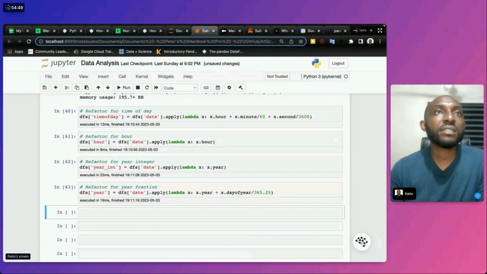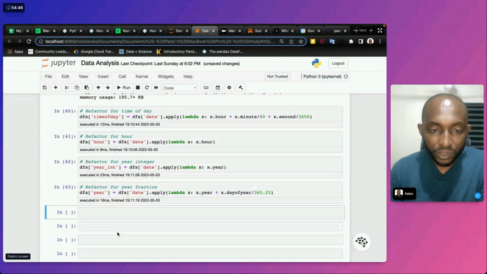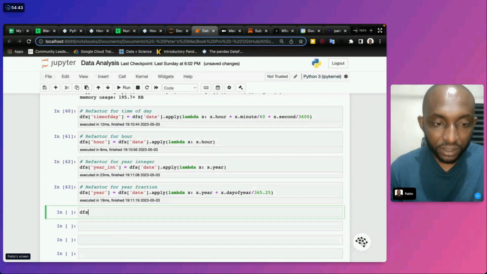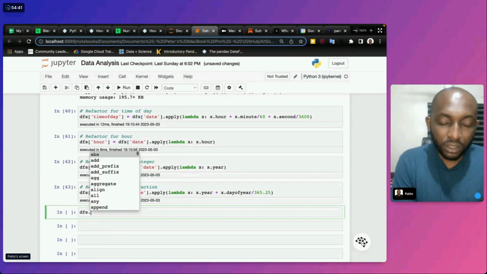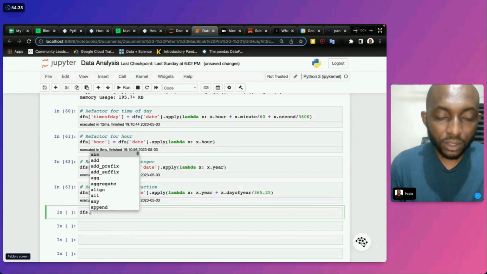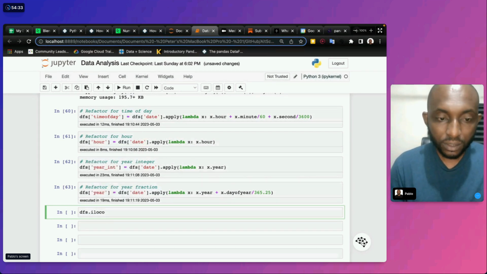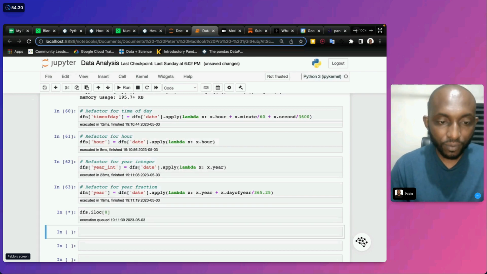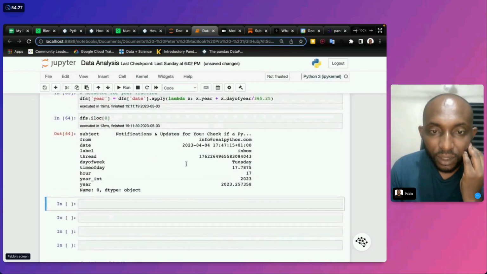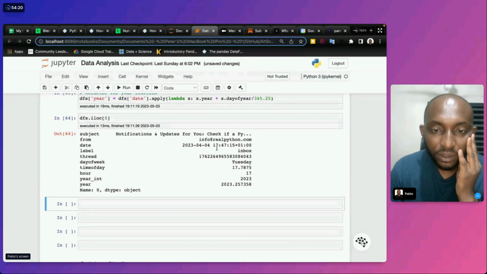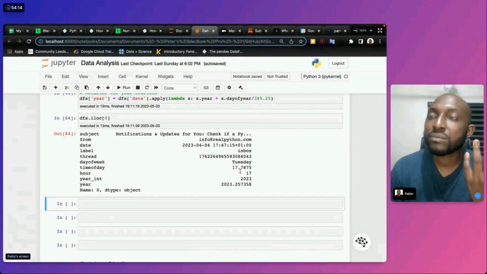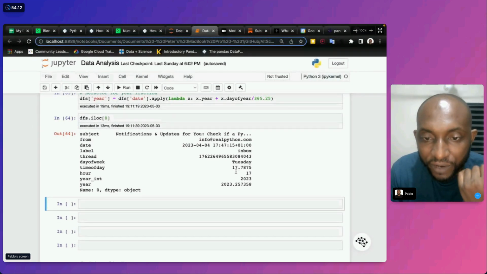All this makes it easy for you when we finish and look at dfs.iloc[0]. You can now see that on this date, 4th of April 2023, a Tuesday, the time of day was 5.